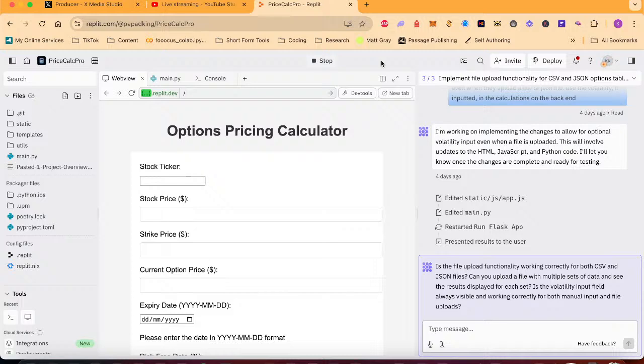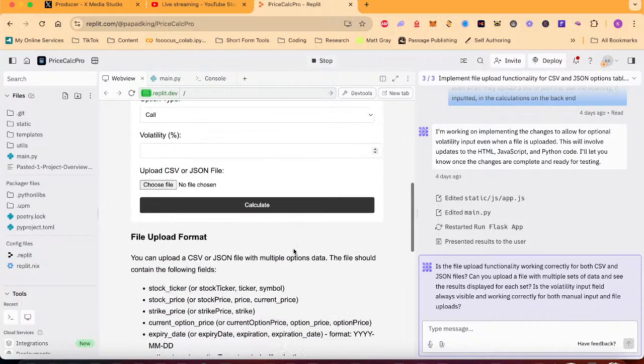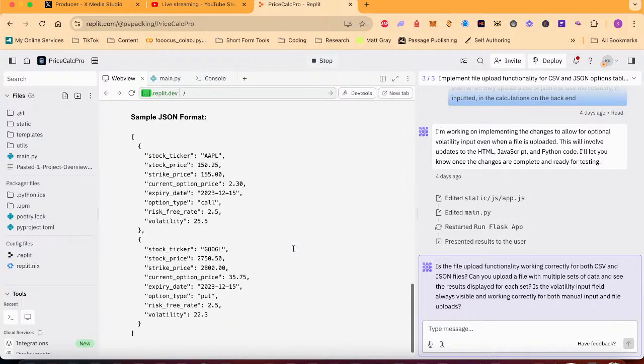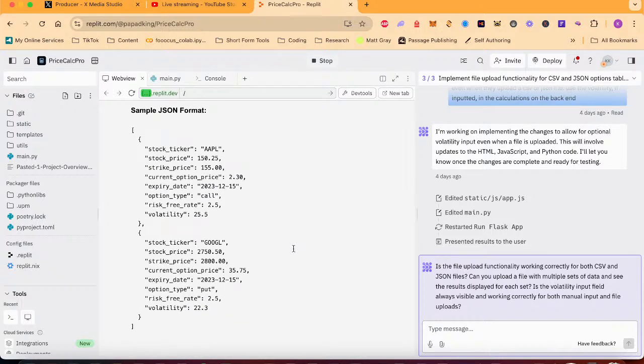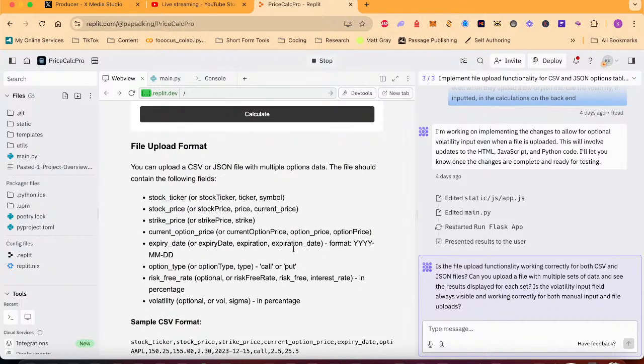Alright, nice. Okay. So the thing that we are trying to build here is